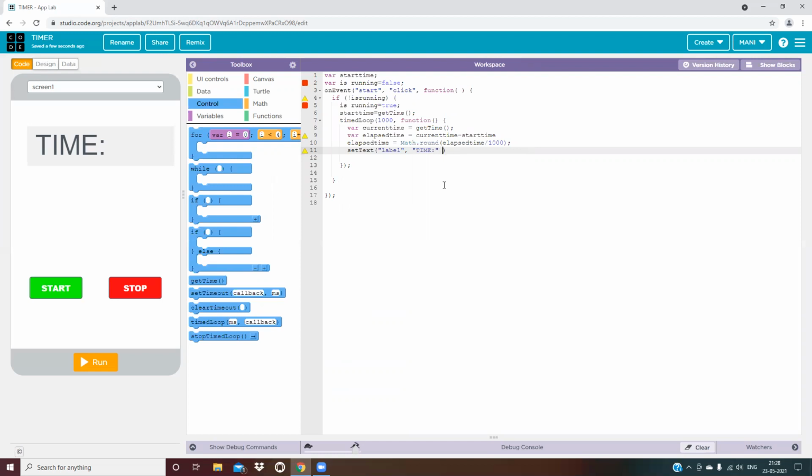Whatever is coming, plus it to elapsed time.